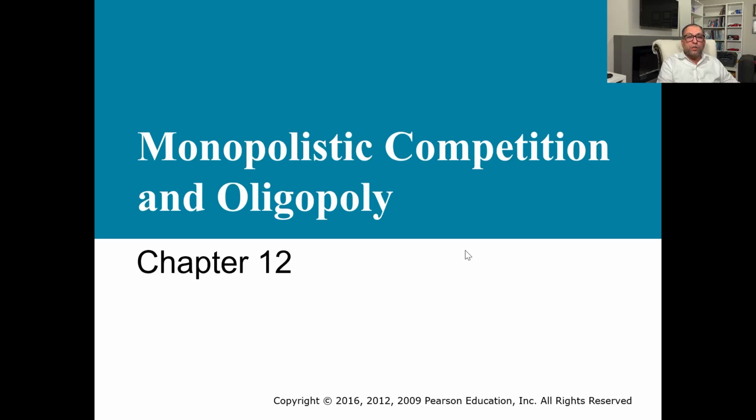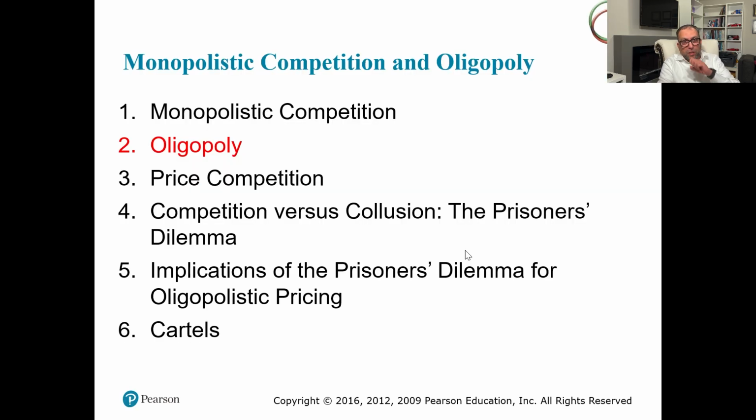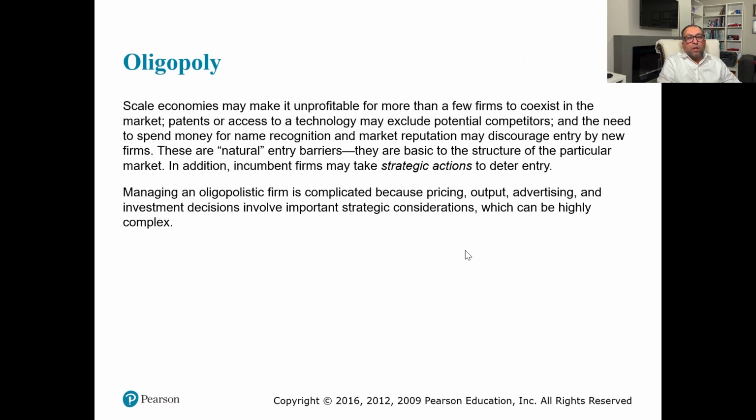So, welcome back in part two of the chapter on Monopolistic Competition and Oligopoly. In the second part, we focus on the oligopoly type of market and see how we can explain the oligopoly. Scale economies may make it unprofitable,